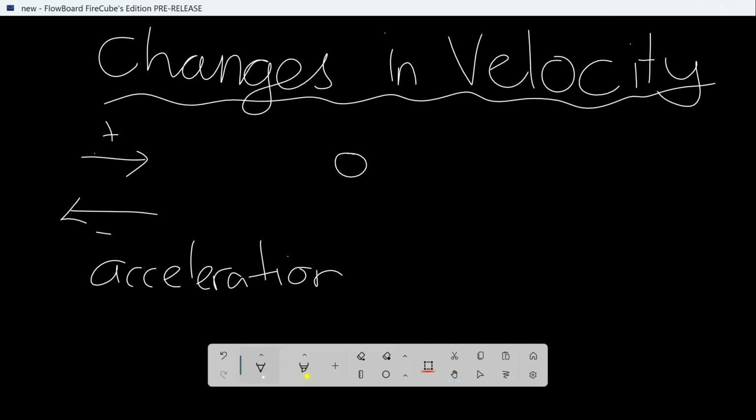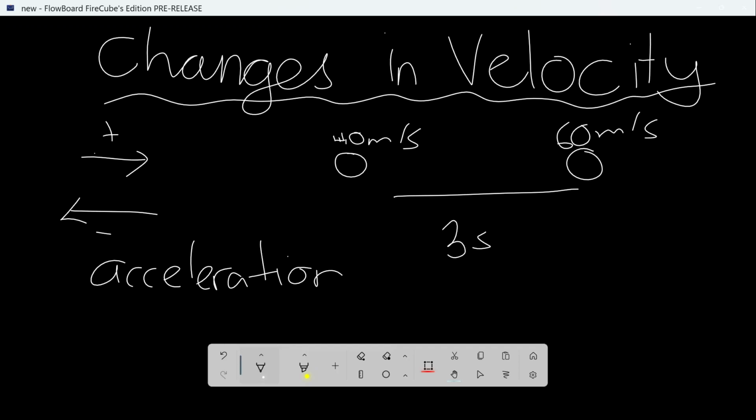If the car was moving at 40 meters per second, let's just represent the car with a circle, 40 meters per second, and then maybe 3 seconds later, it's now moving at 60 meters per second. The speed has increased, an increase from 40 to 60 over 3 seconds. But your speed can also